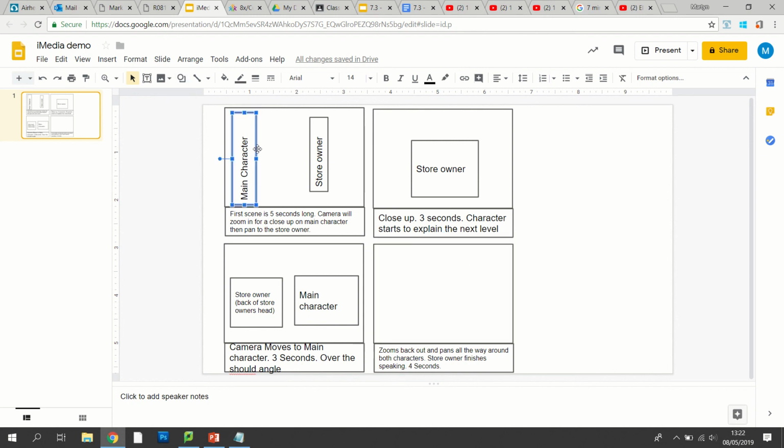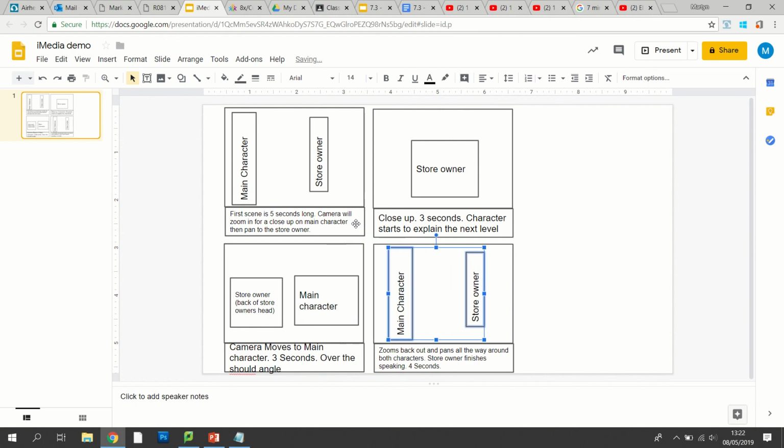I'm actually just going to copy across these characters into here. Okay, so they sort of start as they finish, and that would be it. And that would cover an awful lot of it, even just as it is. That might not be 8 marks, because as I say, I haven't talked about location and I haven't talked about sound. But hopefully you can see those would be easy things to add in.